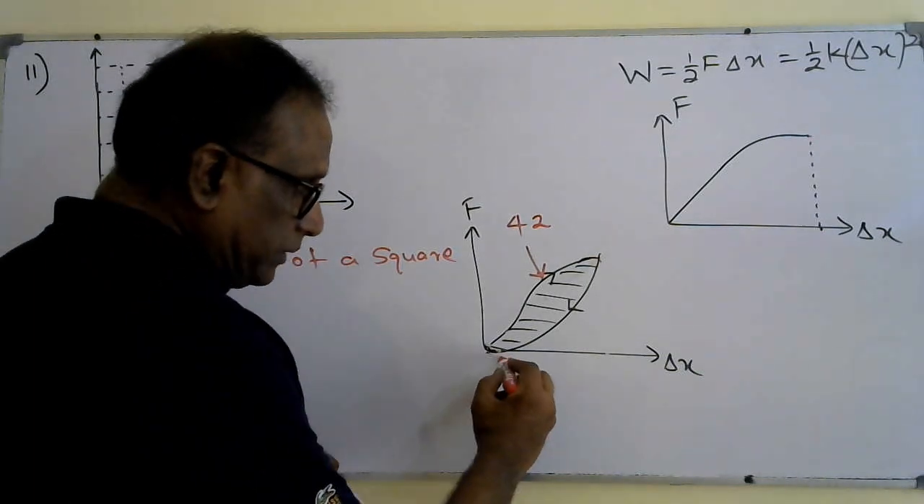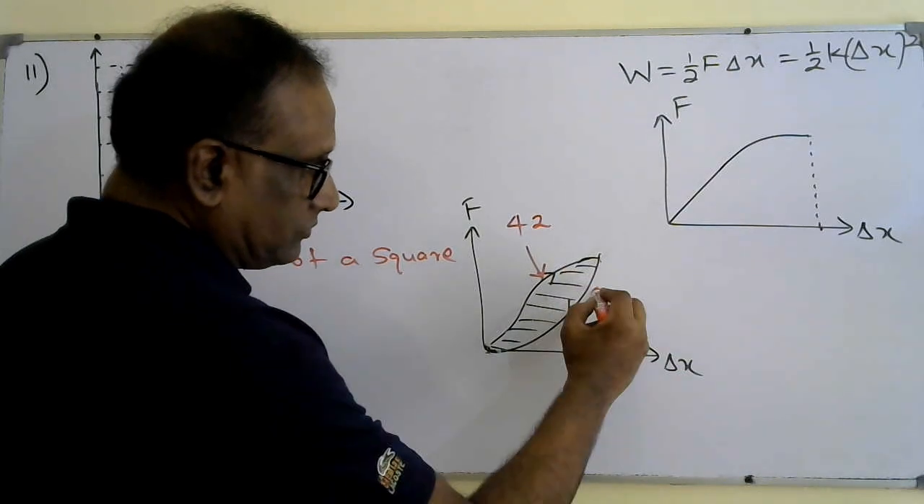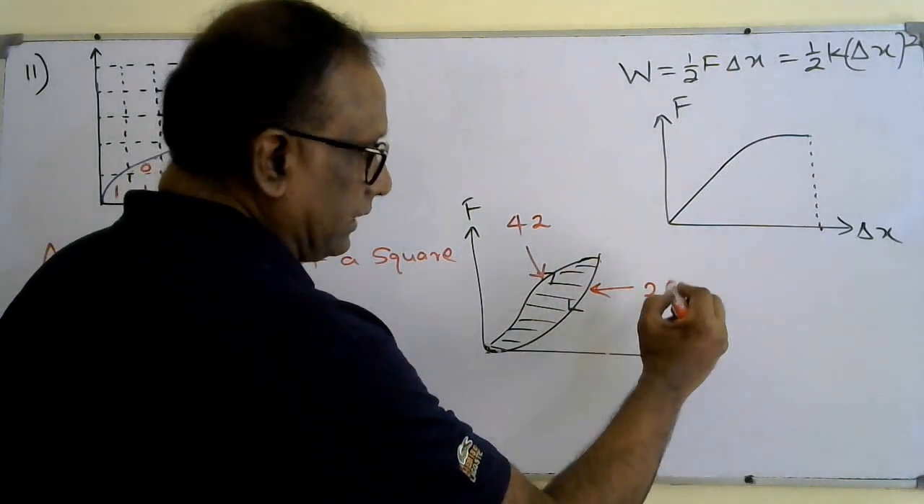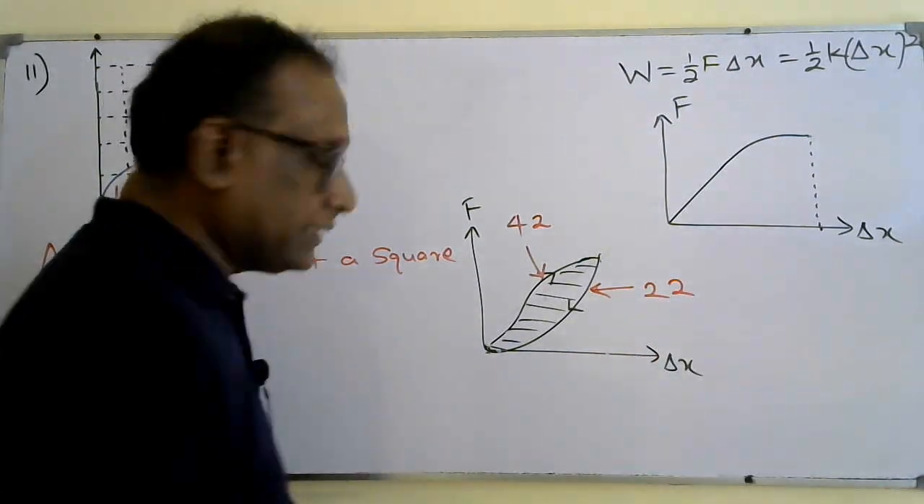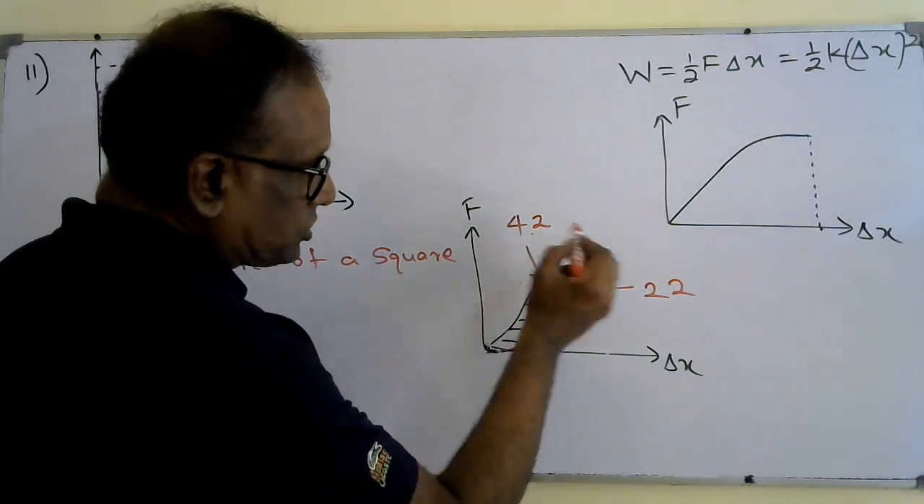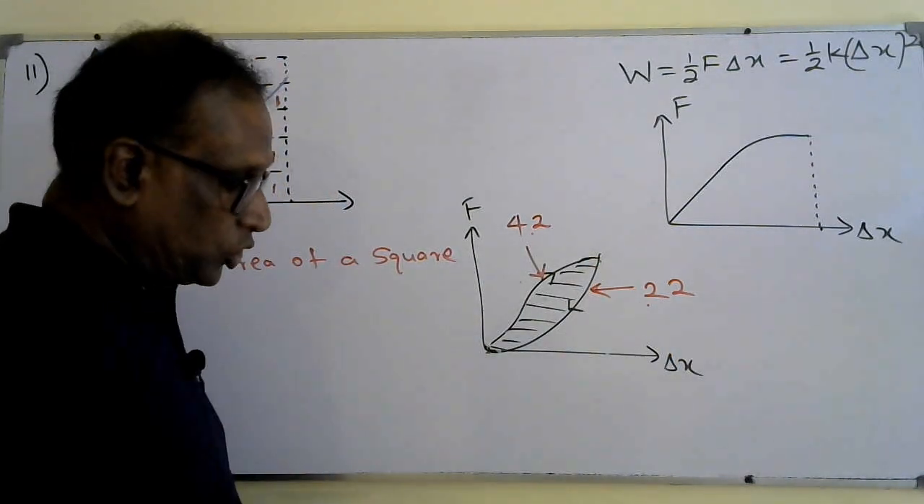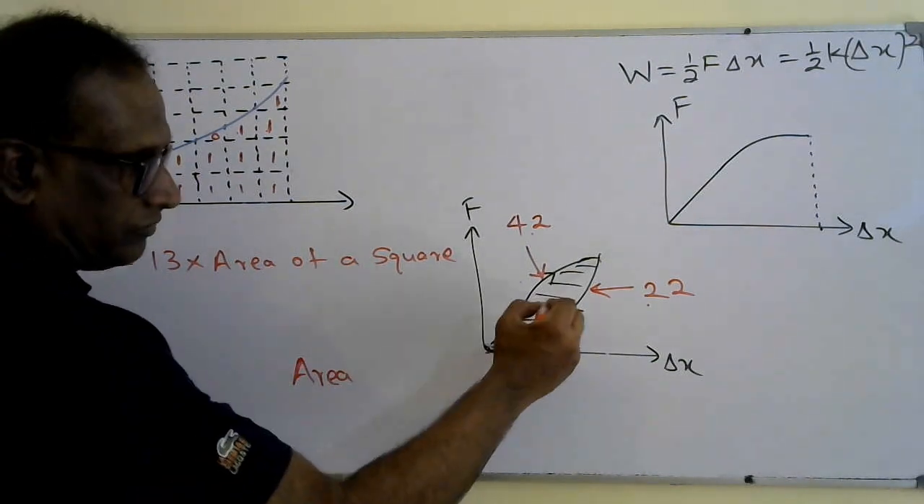The number of squares below the unloading graph, or decreasing force graph, I counted 22 squares. So what is the number of squares between these two graphs? 42 squares minus 22 squares, that is going to be 20. So the area of the shaded portion,